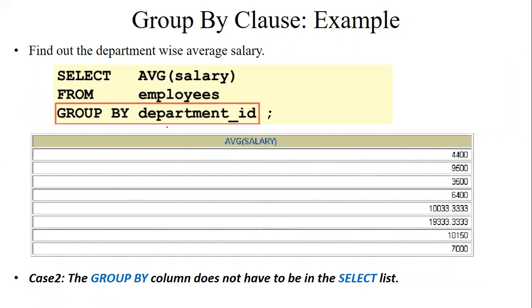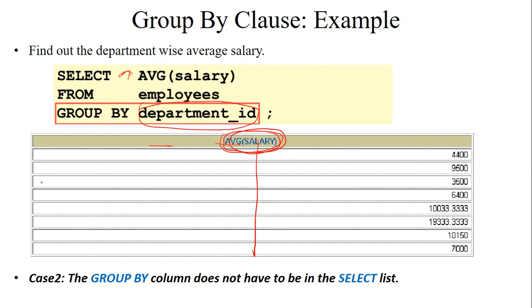Next example, you can see here we have to identify the average salary according to department. Here we have not specified the department ID, but we have grouped the rows according to the department ID. Then in this case we are not getting department ID in the result, we are only getting average salary.